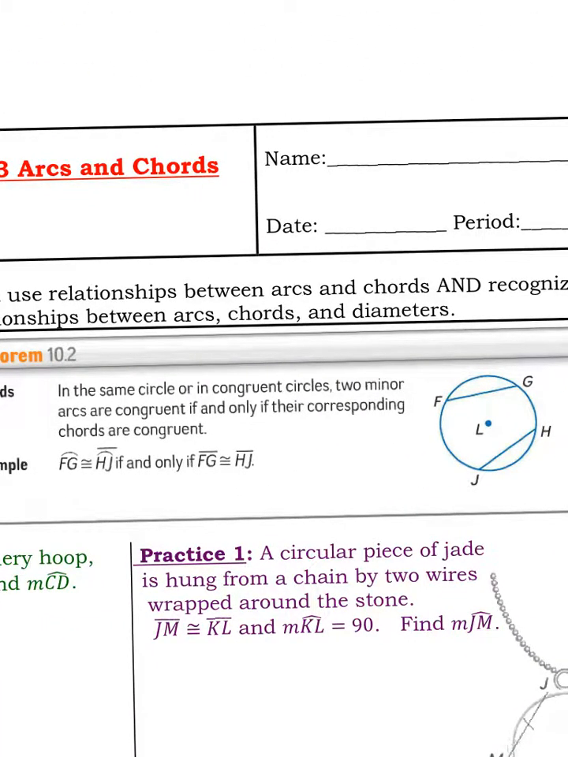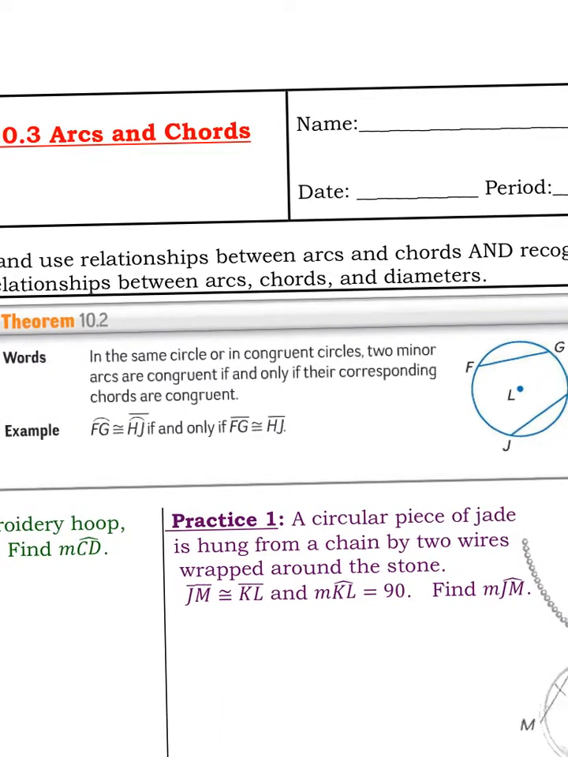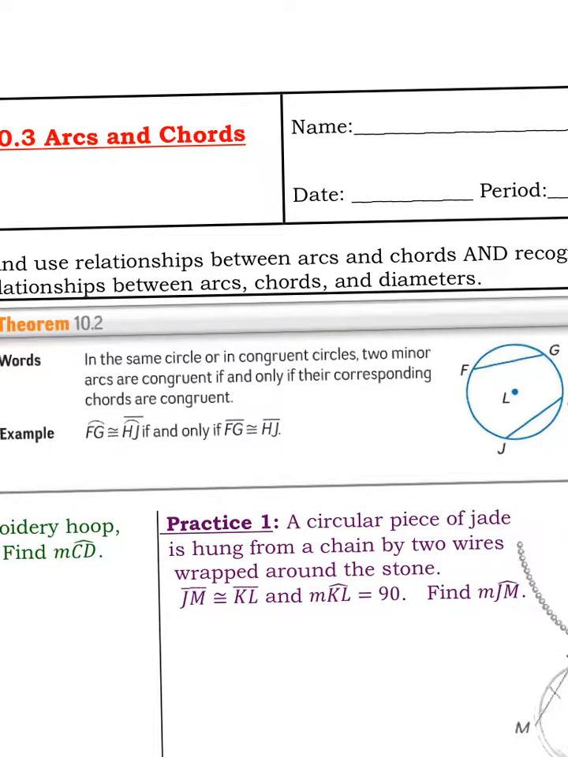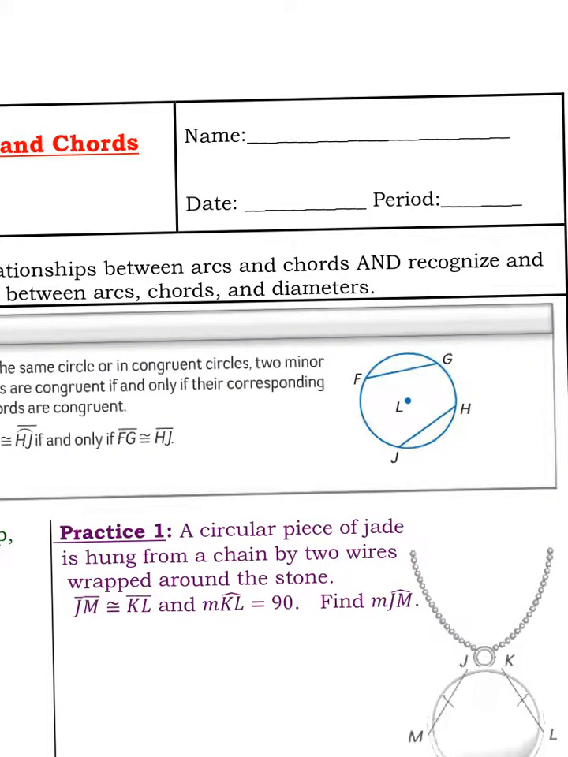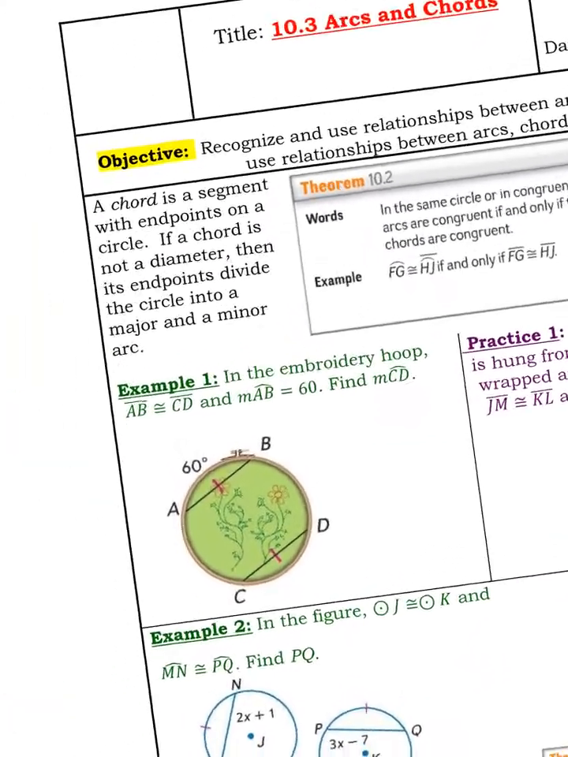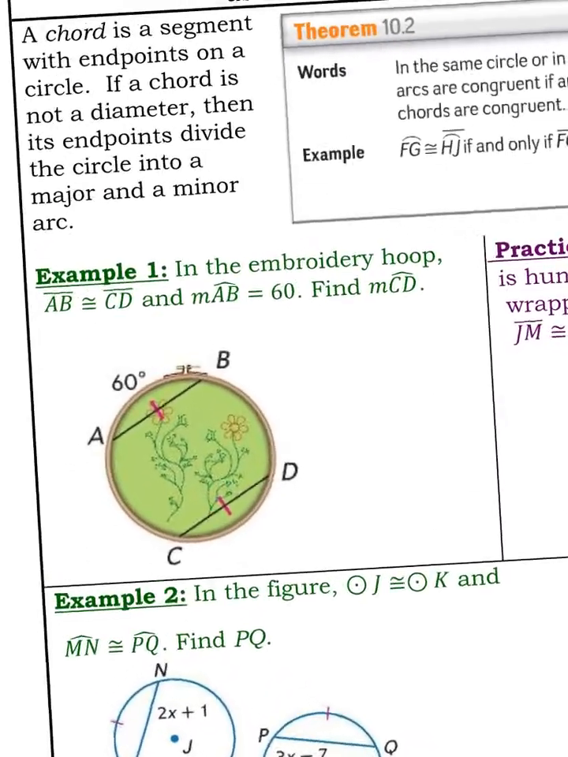In the same circle or in congruent circles, two minor arcs are congruent if and only if their corresponding chords are congruent. So arc FG is congruent to arc HJ if and only if the chord FG is congruent to chord HJ. Alright? So using that, in the embroidery hoop,